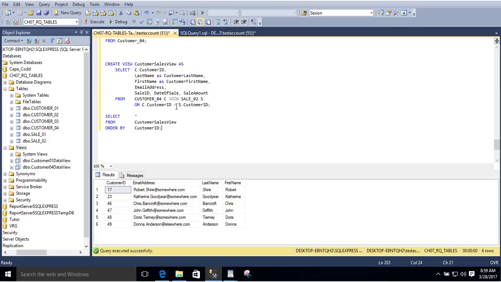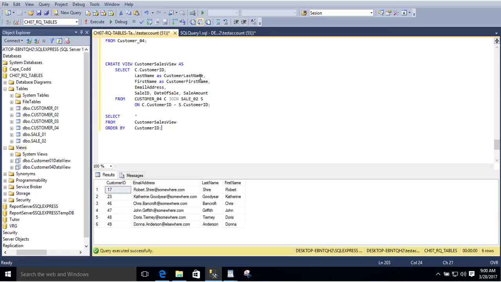Any columns from that I would be using S, and you see that in here when we are comparing the two fields or columns that are the same in each table, that is what I'm going to do. I'm going to say C is representing my customer ID of the customer 04 table, and the S dot is representing my sales 02 table using the column customer ID. So we've said create view, call that view this, select this information, the customer ID from the customer 04 table,